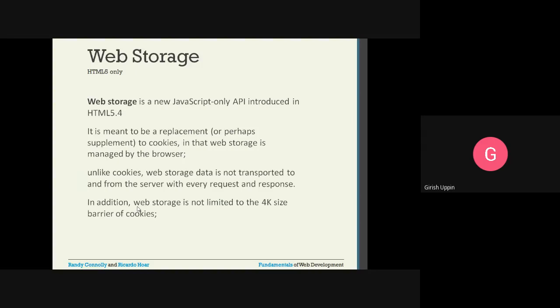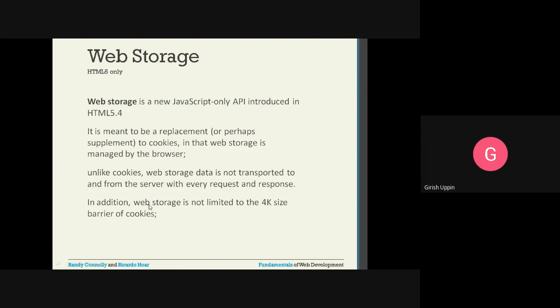Web storage is managed by the browser, so it is very similar to cookies. Similarly, the browser manages the cookies: it will create the files, save those cookies, and associate those files with the domain server. Similarly, web storage is also managed by the browser.